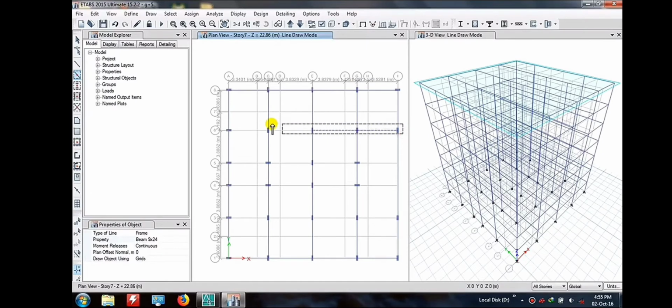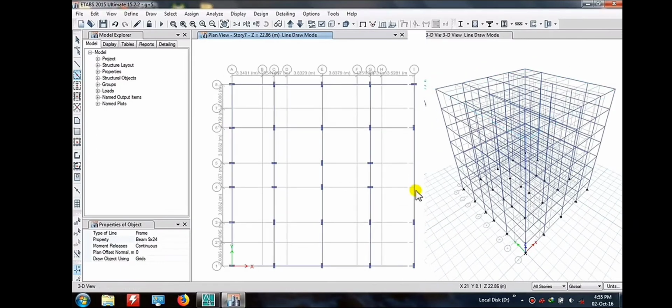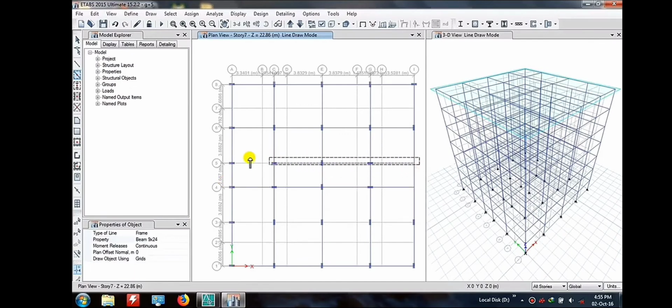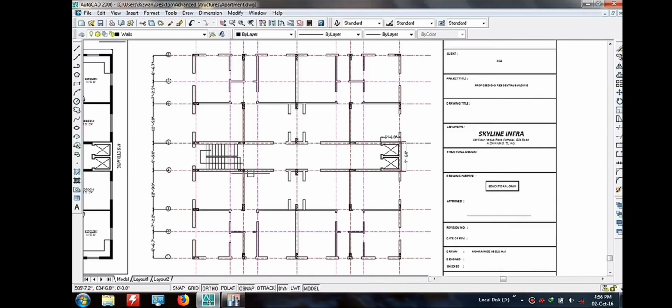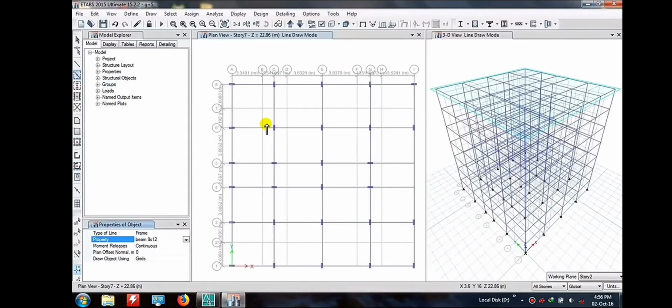So instead of selecting my beams one by one, I'm selecting all the beams which I require for my designing purpose. Almost I have completed my beam designing also. Now what you have to do, you have to change the beam size, and we are going to assign these beams one by one. So here I am using my beams which have different sizes.